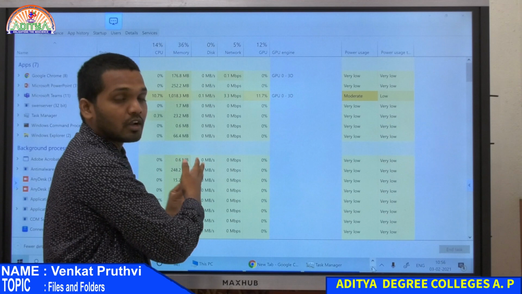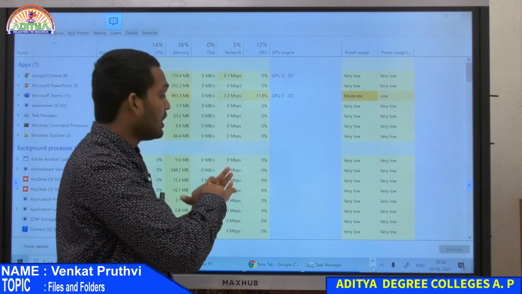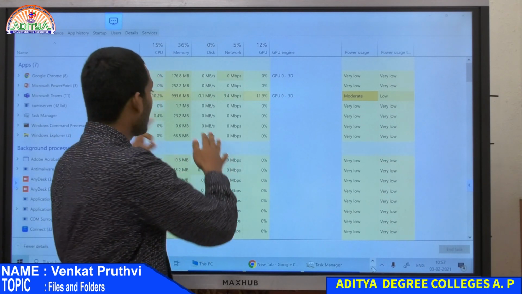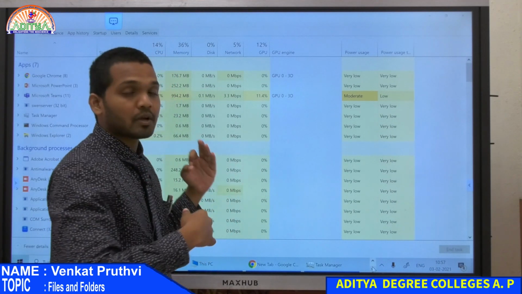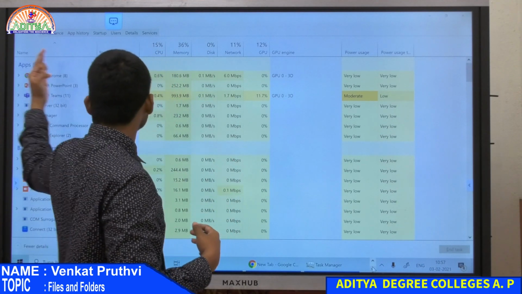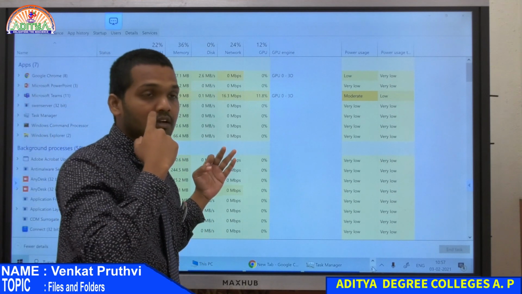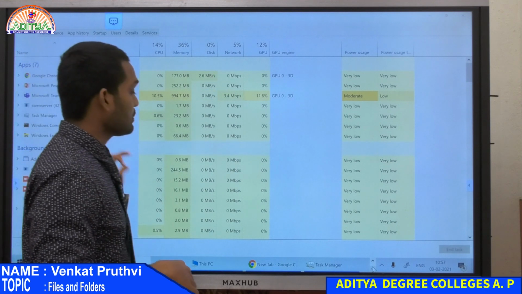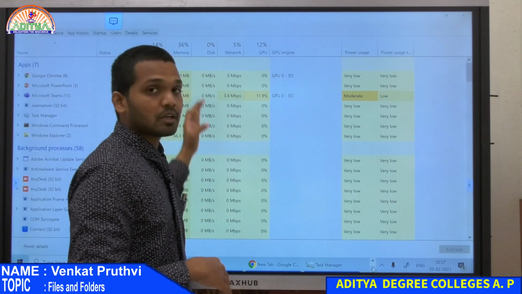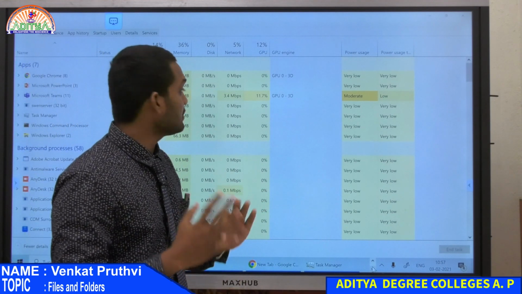So however much memory it's consuming, once the computer is shut down, all this will be set back to its original state, and whatever new process starts will be in this line. We were talking about different processes that are there in the queue, right? So these are the processes that will be in the queue, and they'll be consuming however much data is required by that particular task.